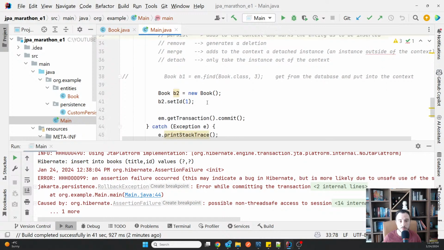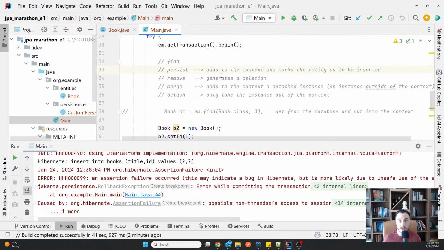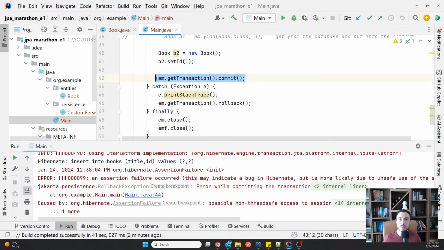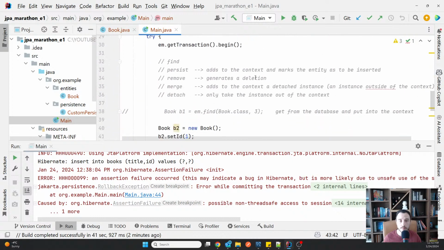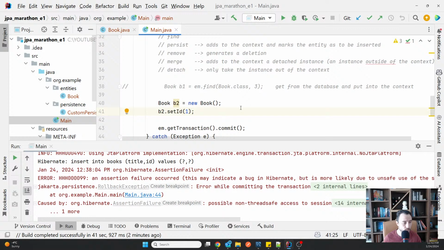We used the debugger to prove that when we had something like auto-generated ID, it had to persist it at the moment of the persist, because otherwise it couldn't get the ID. But when that was not the case, the insert was generated straight away. The remove generated the delete, the merge, the detach, and so on.